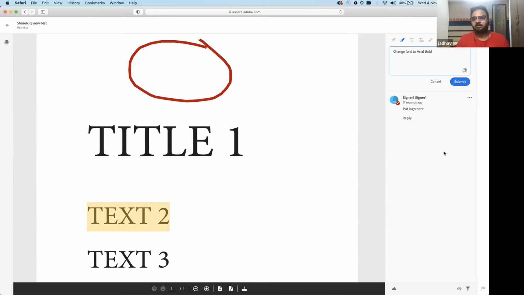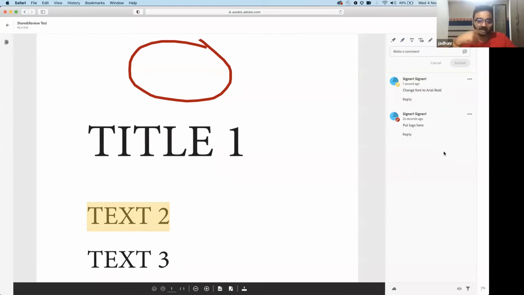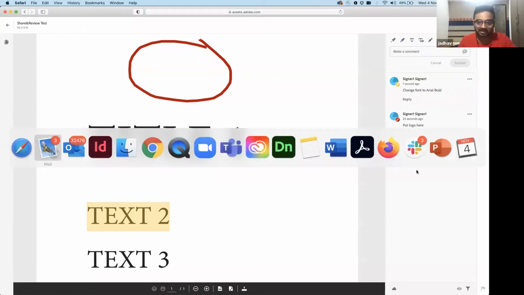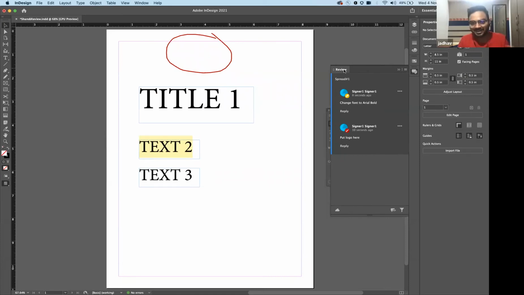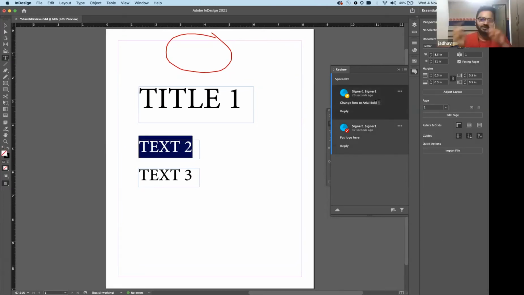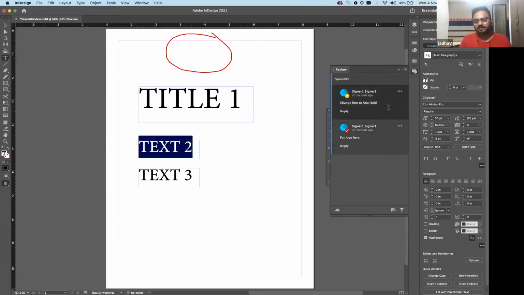Click on submit. Now all of this is actually going to be within my InDesign panel. Now let's see how fast it syncs, but let me take a chance, go to InDesign. That's it. In my InDesign review panel, you see both of the comments that are given, and also you see the text marker. And also if you click on the comment, it will take you to that particular marker, so I don't have to go to my email and manually keep a check on where on my artwork this correction is mentioned. So this is very easy to get all the corrections in one place, and also track the corrections.